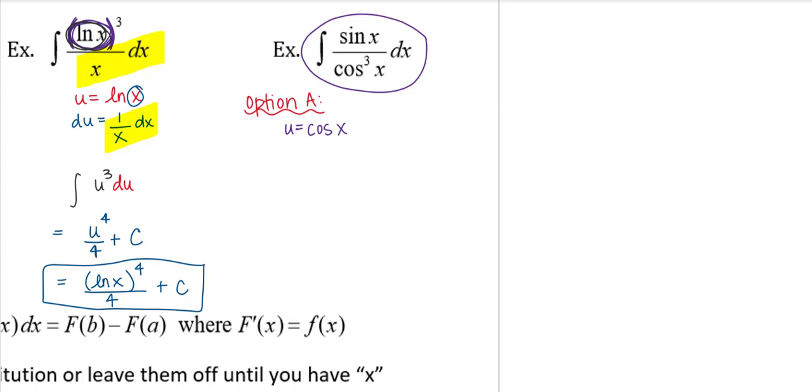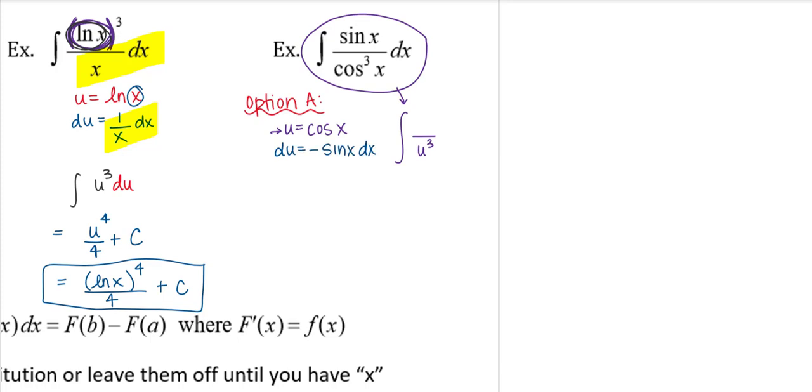So if u is cosine, I can always write this antiderivative as over u cubed, right? You can always write your u to a power. So don't overcomplicate your u. You shouldn't have to use a chain rule upon a chain rule just to find the derivative of your u. That should be a pretty simple derivative to take. Now, because I can always write u to a power or u times something else. So, okay, u is cosine of x, so du is negative sine x dx.